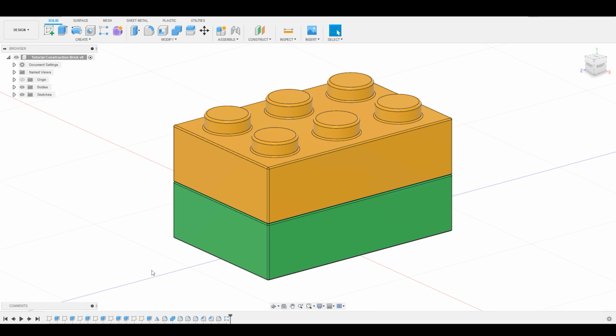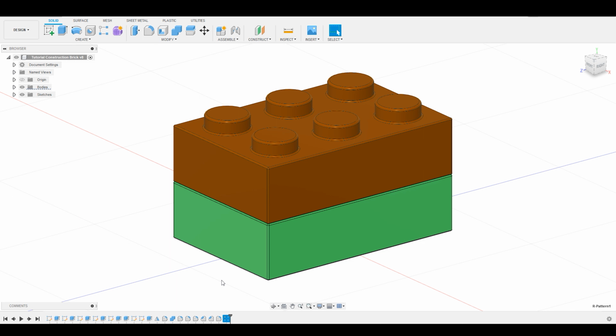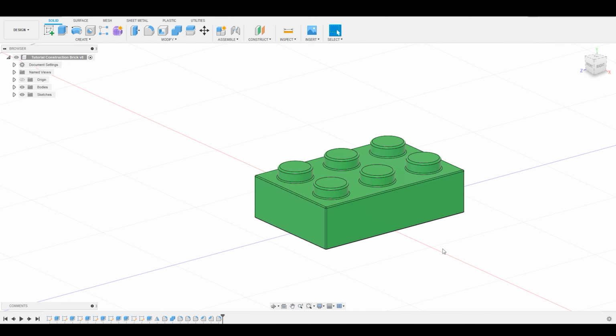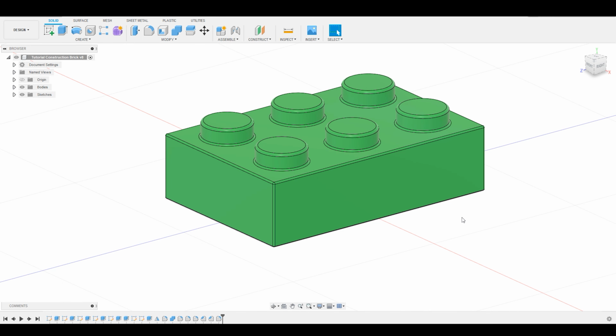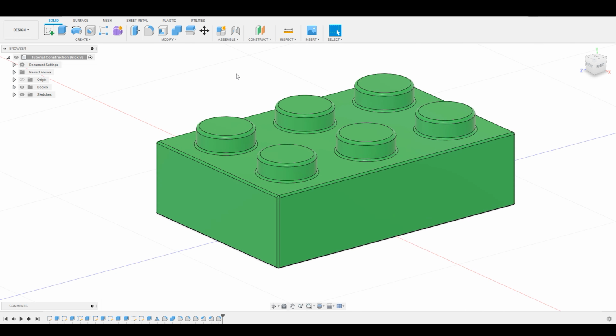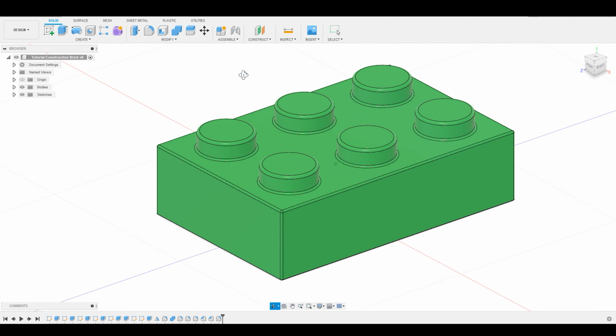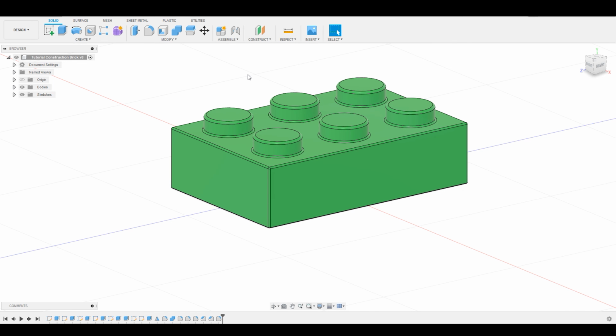So let's jump in. The last thing that we did at the end of our last tutorial was to pattern our brick, and we really don't need that. So we can go back and delete that second brick. And to be honest, we are pretty much done with this 3x2 stud that we've created in our past tutorials. Now, we're not going to delete him. We are still going to stay on the construction brick theme,